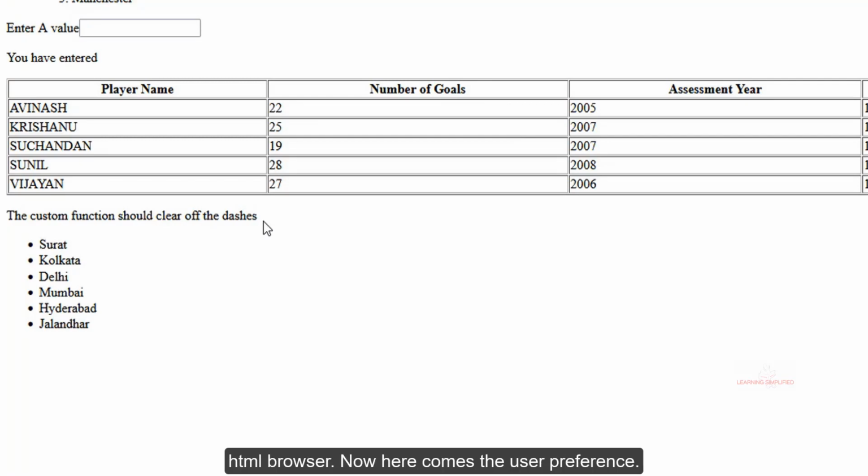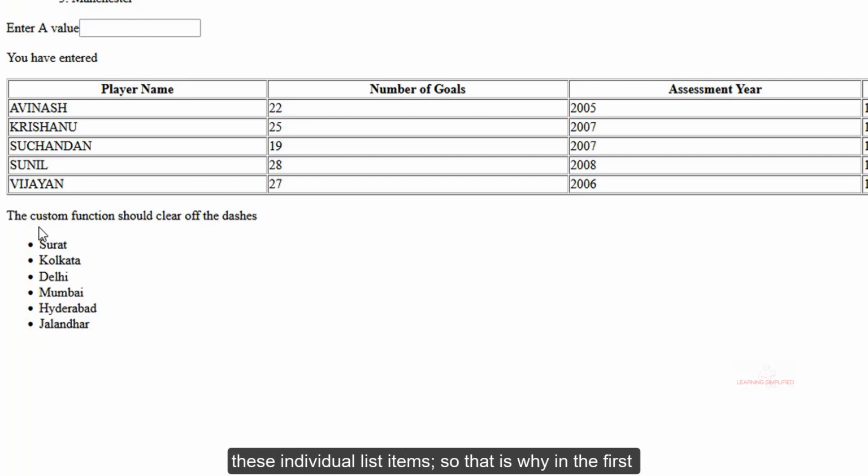Now here comes the user preference. We will be collecting the user input, and in accordance with it, we will be filtering out anything that matches with these individual list items.